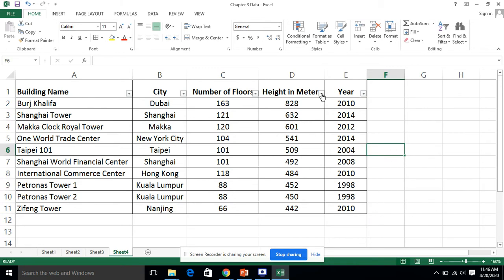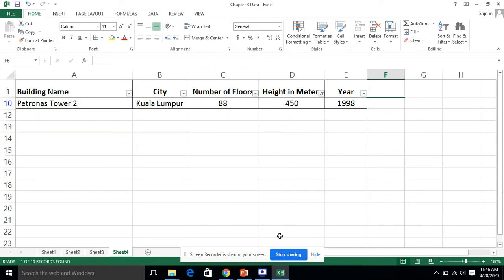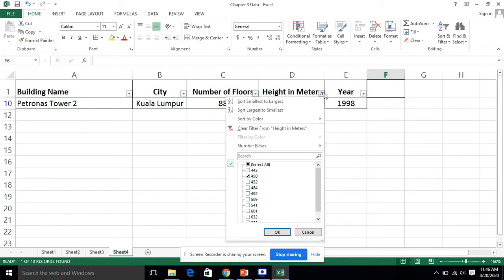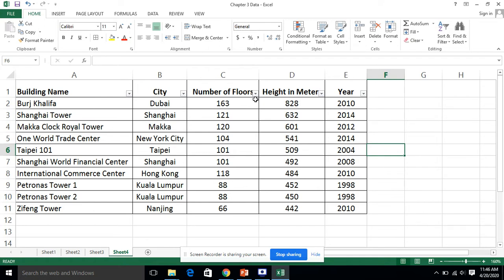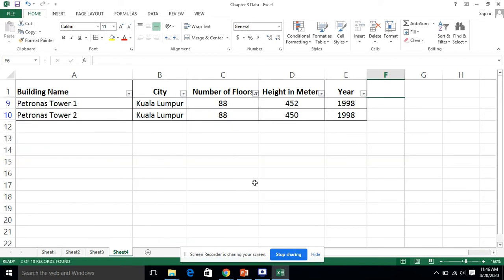For example, if I go to the height in meters and say only show the height of 450 meters, there is only one building having 450 meters. If I go to the floors and say only show the buildings with 88 floors, it is going to show me only two buildings, Petronas Tower 1 and Tower 2 in Kuala Lumpur.